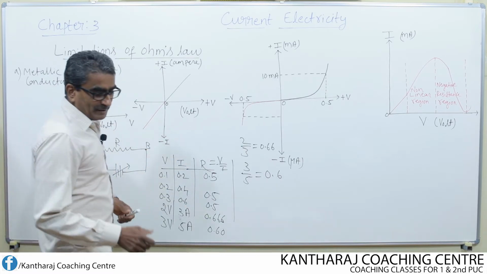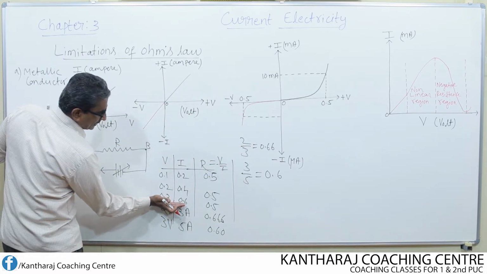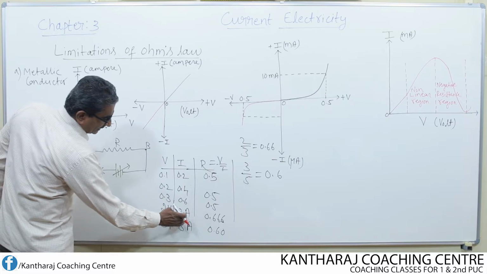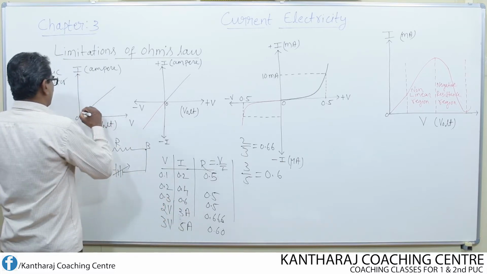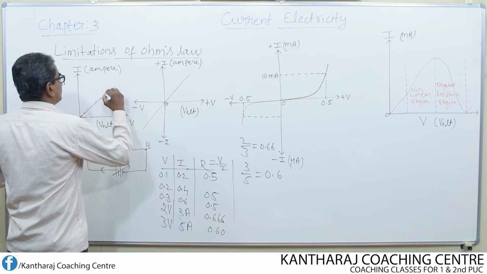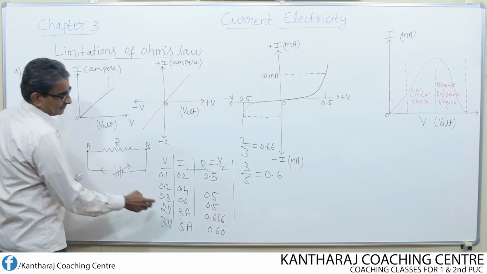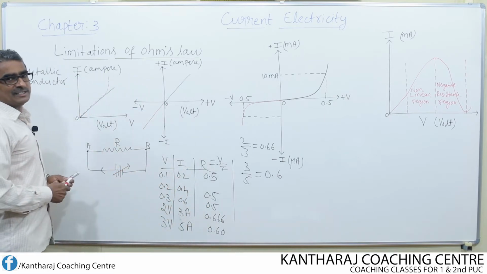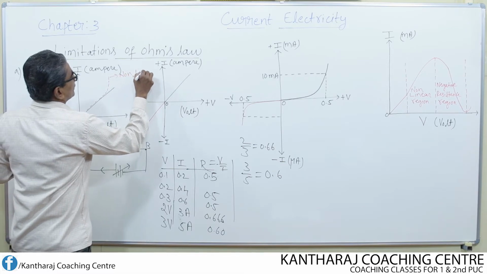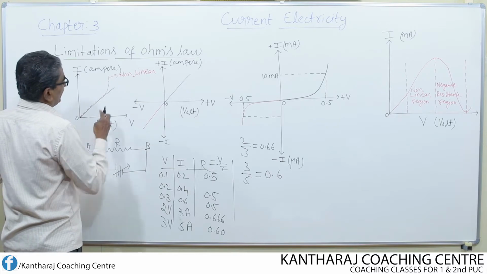We can represent that by means of a graph like this. So up to this value, variation of V and I is found to be linear. Beyond this voltage, the current is increasing randomly. So therefore, the graph is a straight line like this up to a certain point, then it is going to deviate like this. Why should it deviate? Because the resistance value is not remaining constant, it is non-linear. So here non-linear variation, whereas this one is nothing but linear variation.